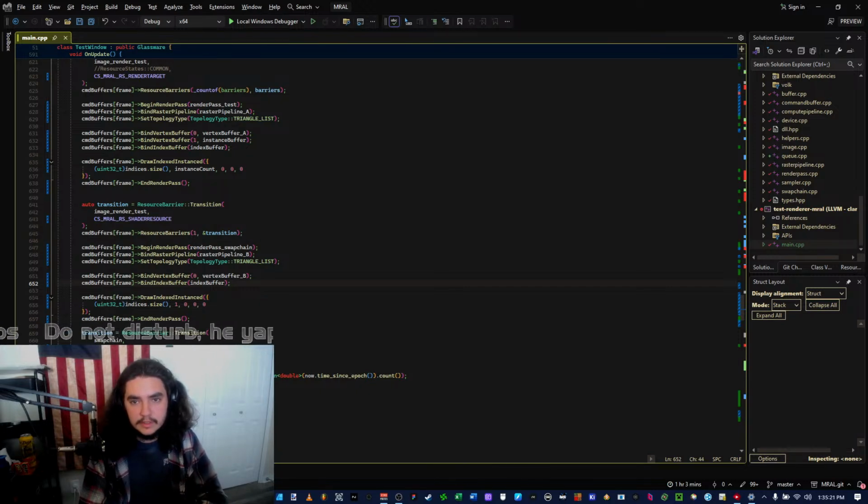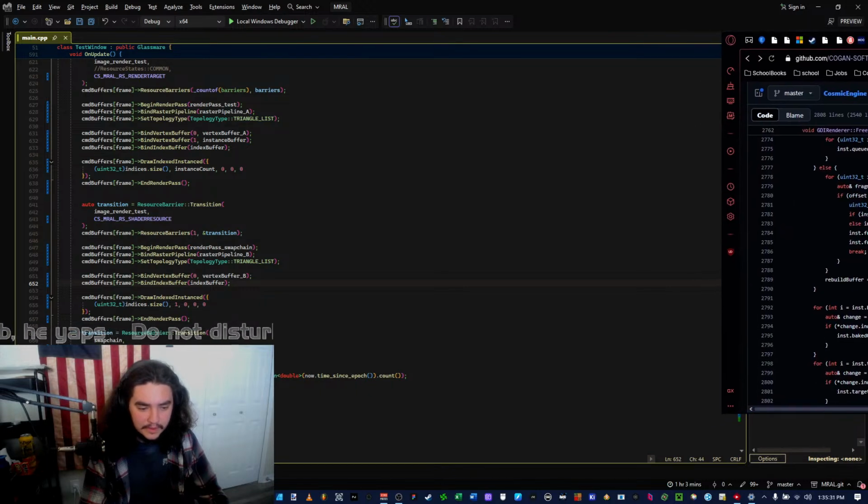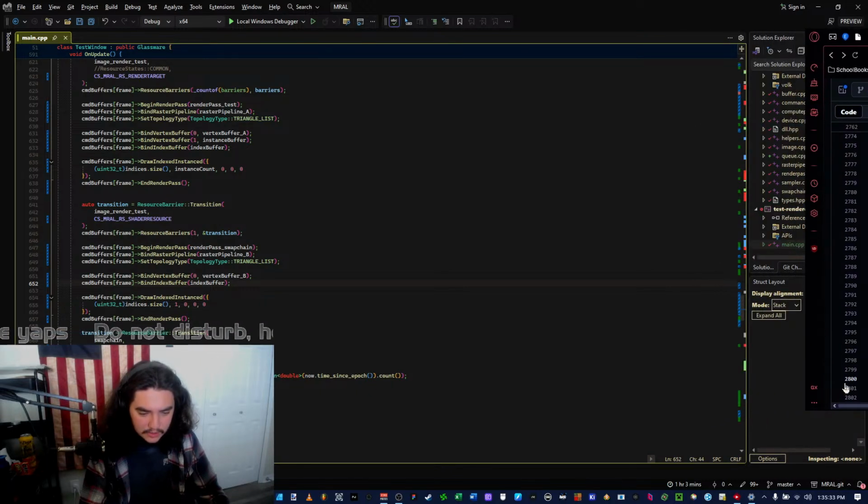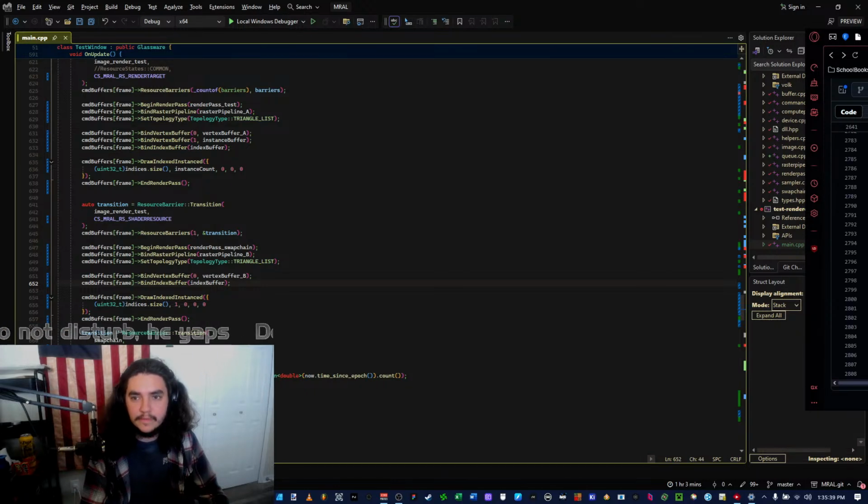For example, let me pull up, ooh, which one should I pull up? Alright, I'm gonna pull up this file. This file is 2,800 lines long of just pure code.